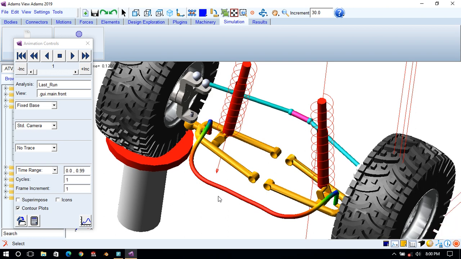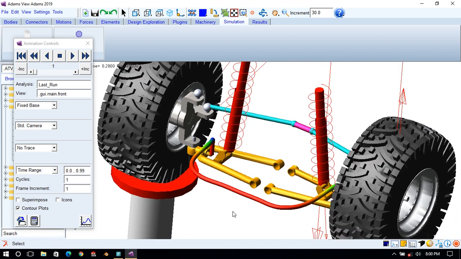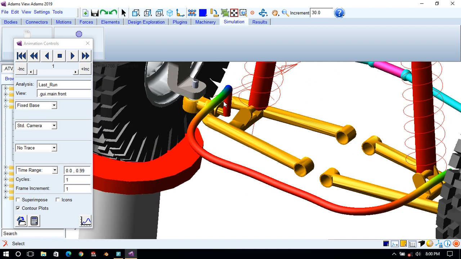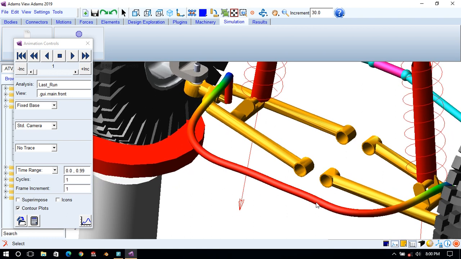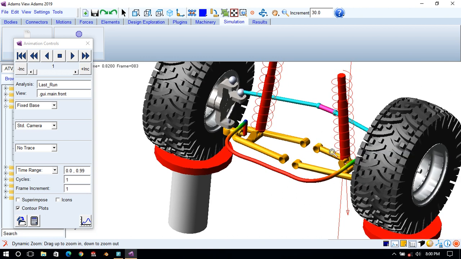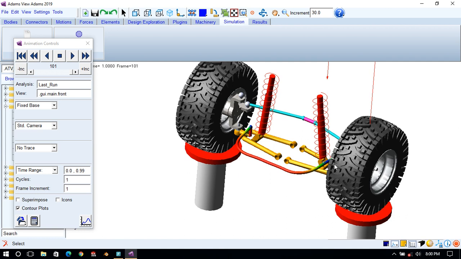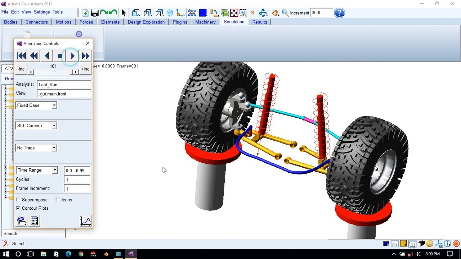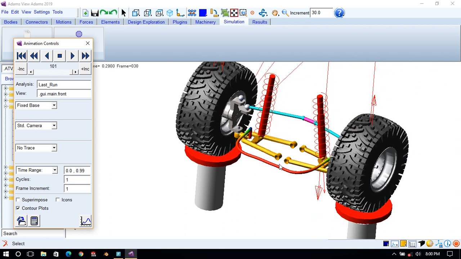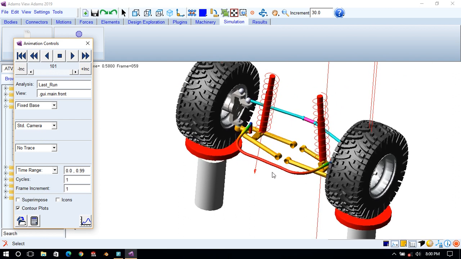So you can see the rotation or movement of the anti-roll bar. Observe this contour plot. Here is less deformation, here is more deformation. Basically the motto of this tutorial is to show how we can create a flexible body as an anti-roll bar. So once again run it. One tire is going up, one tire is going down, and because of this there would be some stress and deformation of this roll bar.